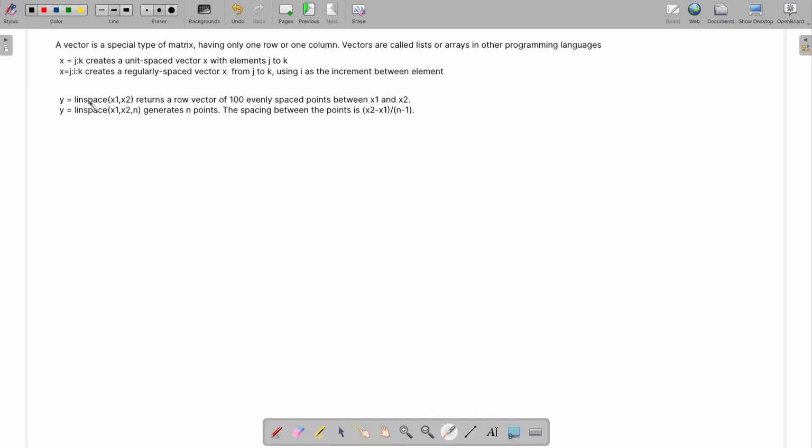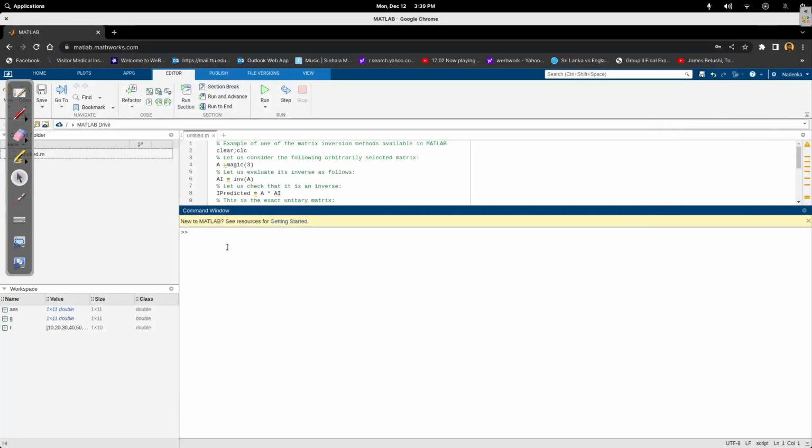Let's go over the linspace command. Okay, so linspace(x1, x2) returns a row vector of 100 evenly spaced points between x1 and x2. It will start from x1 and go up to x2 and create 100 points in between them. For example, we can go t equals